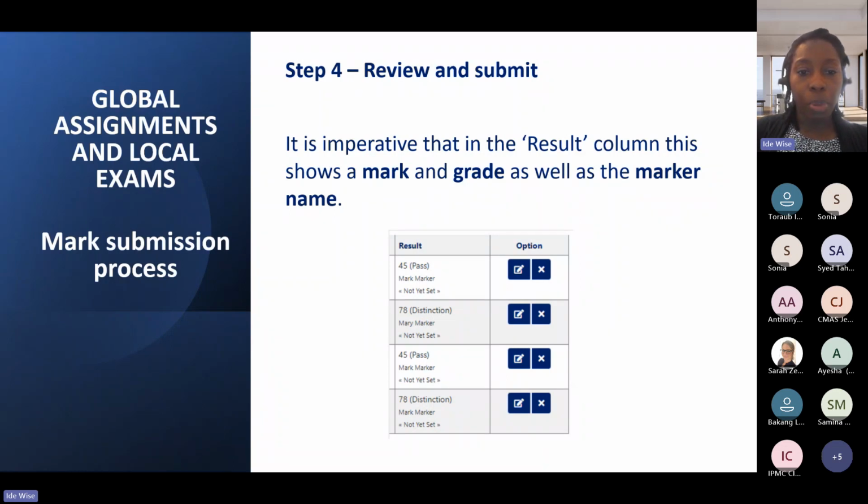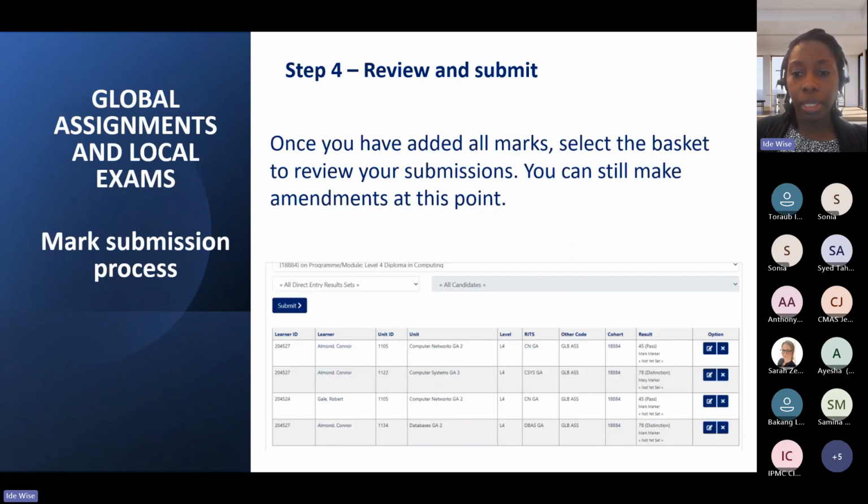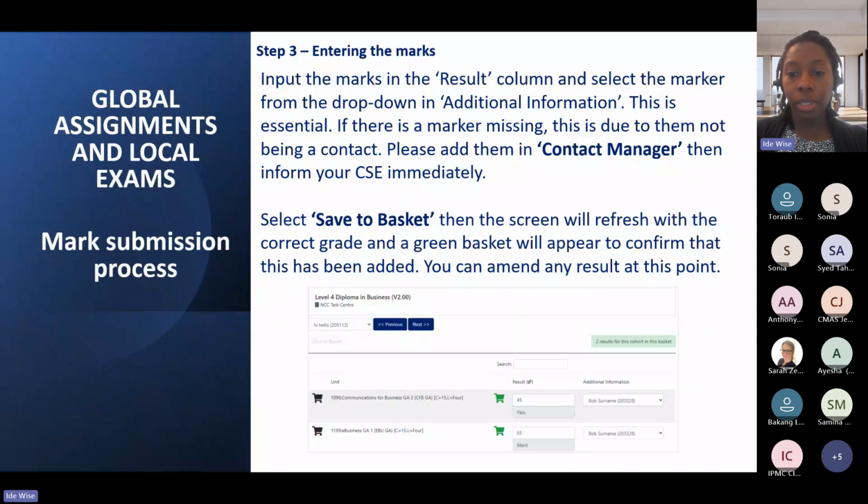I'll just go back to the point of when you're submitting the marks. Actually, there's one thing to point out, that the only units where you enter the raw mark are DELs and IELTS. All the other units, you're entering a percentage when you're doing the marks in here. It's only DELs and IELTS when you're going to enter a raw mark.